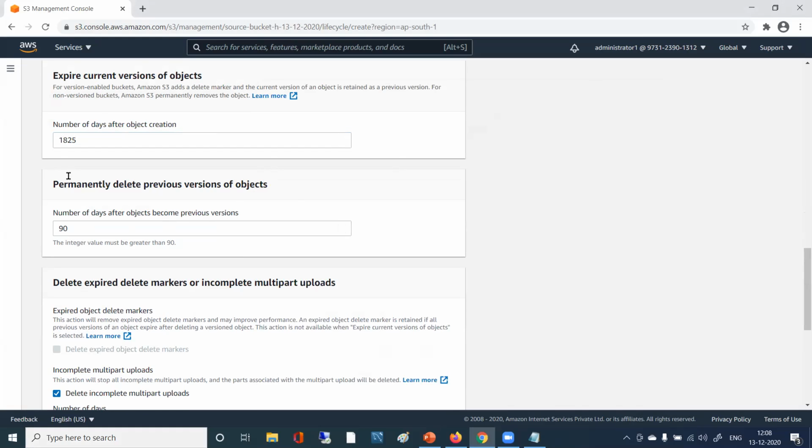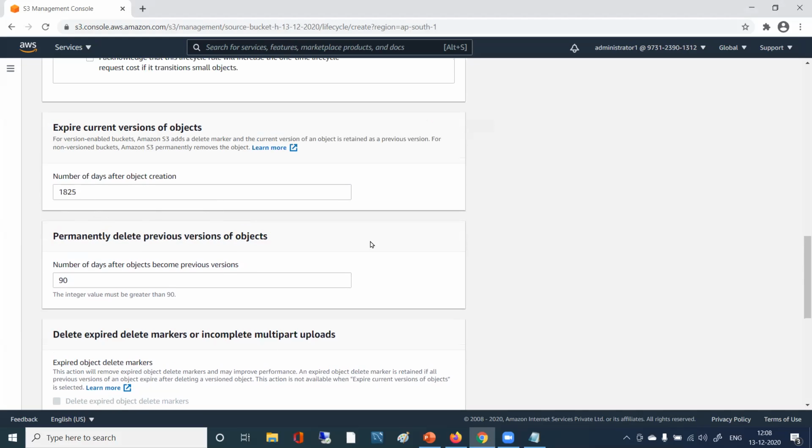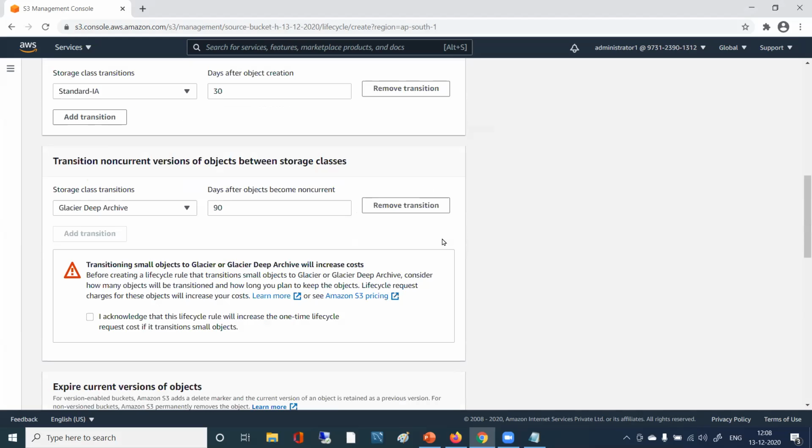So you can choose that after 1825 days, after 5 years, that object will be deleted. Okay. Got it? This previous one will be deleted after 90 days. Even the current one will be deleted after 5 years. You want to keep it for 10 years, then it will be 3650, right? Just the double of it. So you have to decide